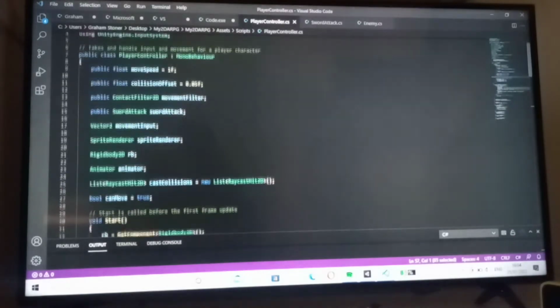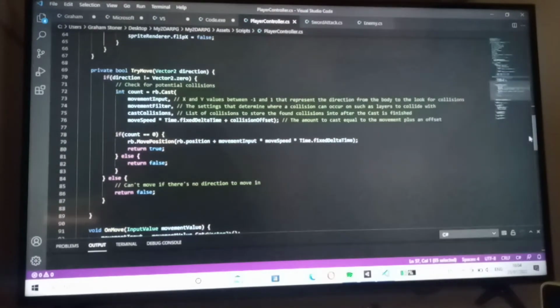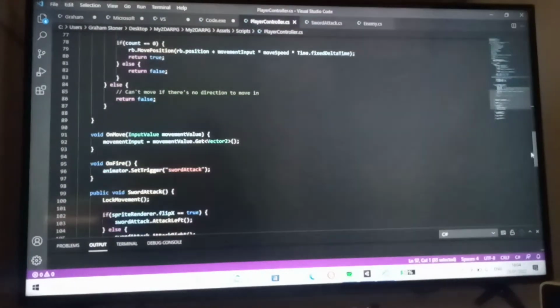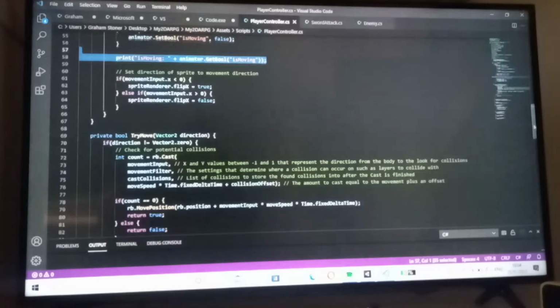Instead of having to copy, what I did is I took the artwork that I had and I went into Krita, which is like a free version of Photoshop, and I mirrored it. I was doubling the amount of workload I needed to do for animations and everything like that. So I thought that's what you would need to do. But I don't need to do that, because what you can do is, if I can find it,